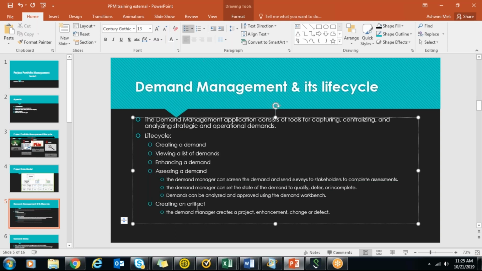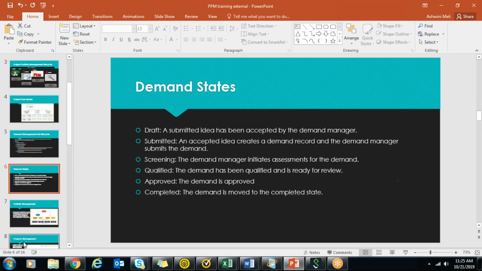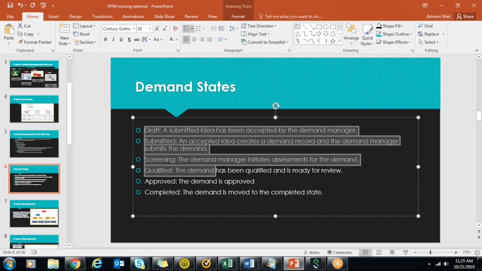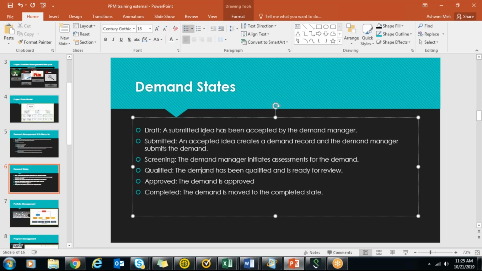Creating an artifact, that I explained, if it is a strategic demand, we can create a project or enhancement. If it's operational, then we can create a change or defect. So all the points I covered in the demo that I did. Demand states: when you submit an idea and it is accepted by a demand manager, it becomes a demand with state as draft.